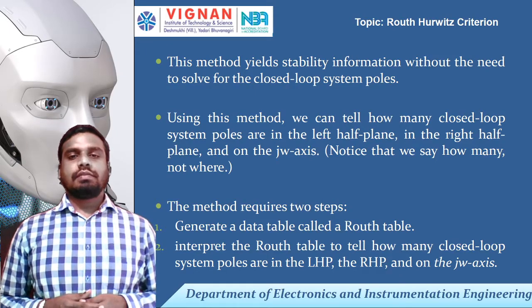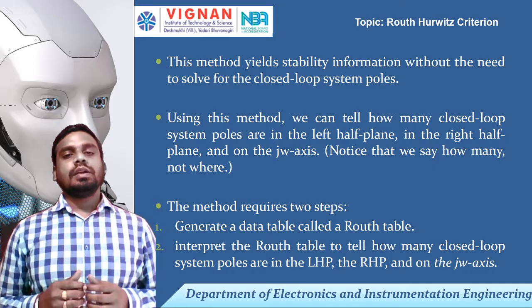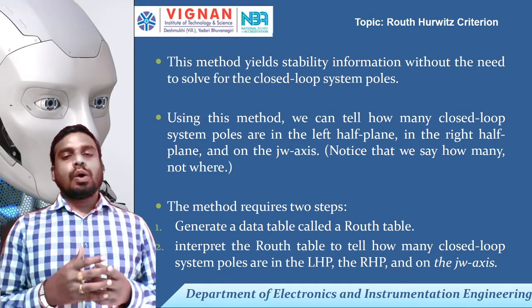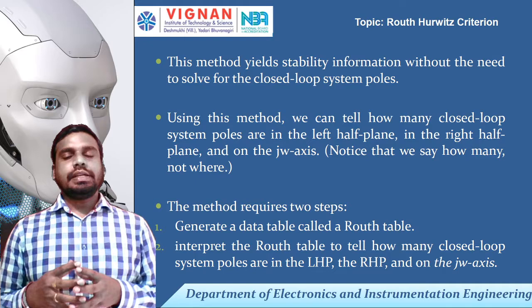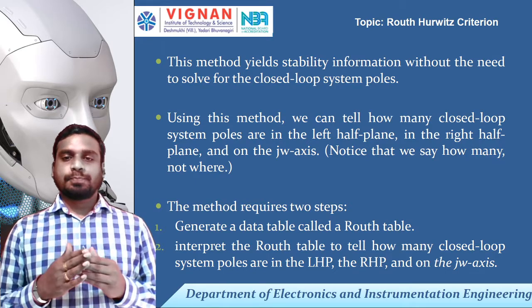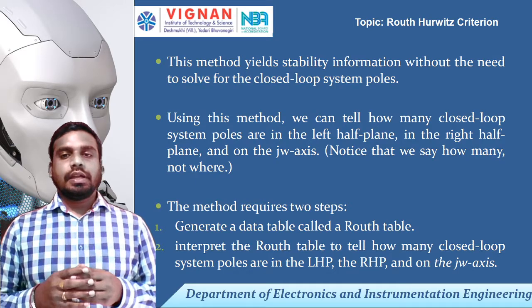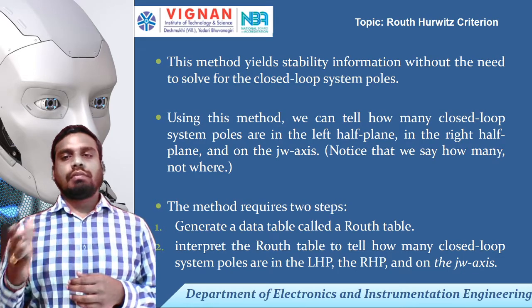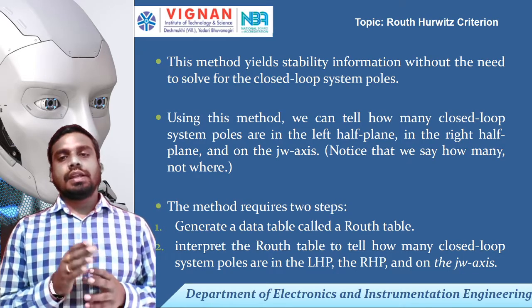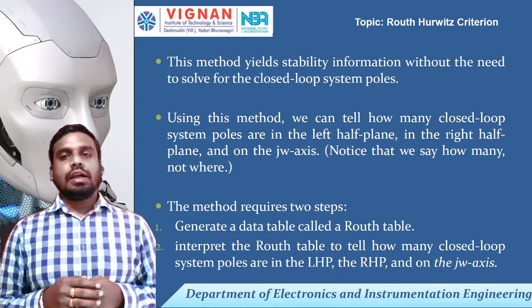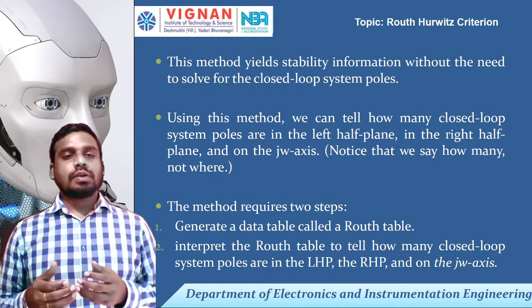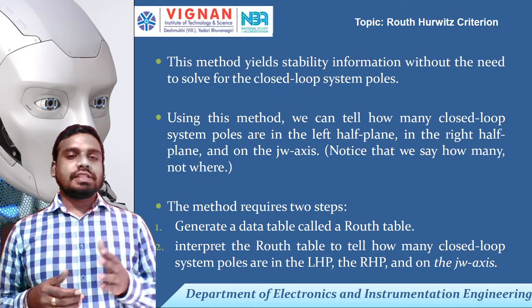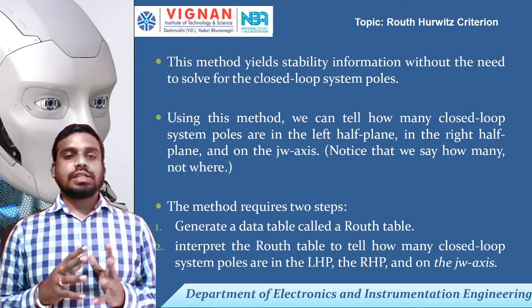In the previous class, we discussed what stability is. We have seen how we can estimate the system stability based on the location of poles in the S-plane. We also came across a few examples considering the pole location on the right half of the S-plane, the left half of the S-plane, and at the origin, and estimated how the system response would be if we give a certain input to the system, based on the location of poles.